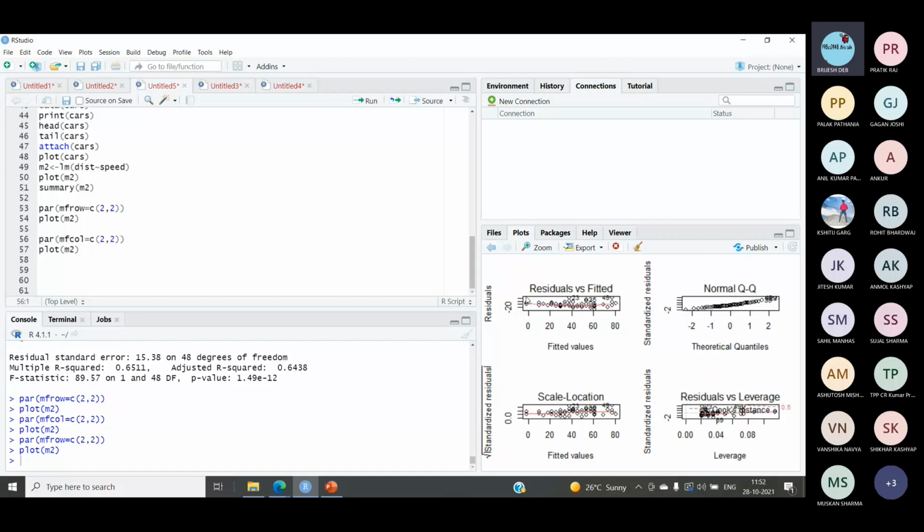This can be seen in the top left, this one, or the bottom left. From these two plots, a perfect horizontal line is coming. You can see this is a perfect horizontal line, but not in these other two.